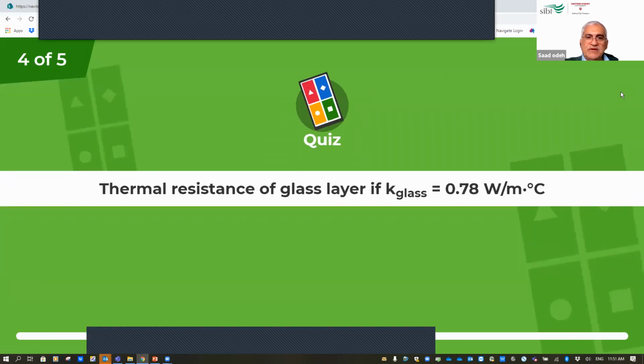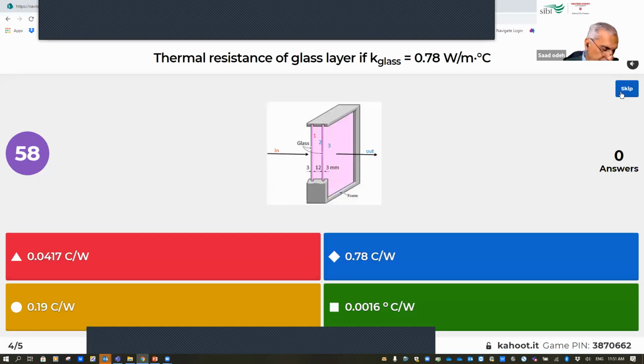So now thermal resistance of a glass layer. Now we have R conduction, not convection, which is equal to